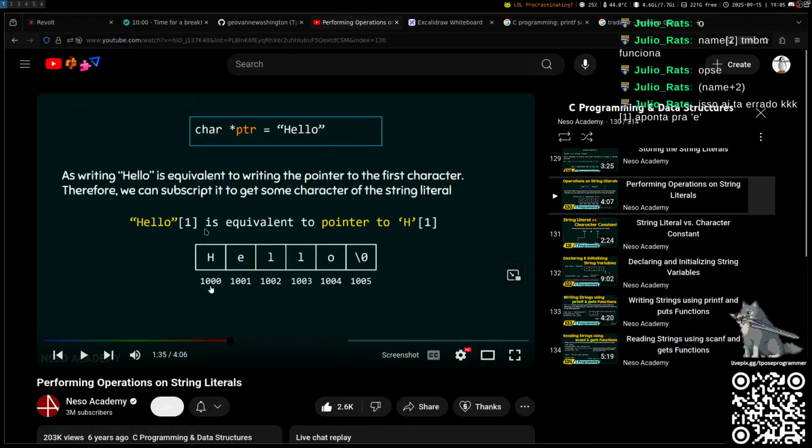It's wrong. No, I think it's correct, no? Of this array, because he's saying like 1 here, that is the address of the first character. Similarly,